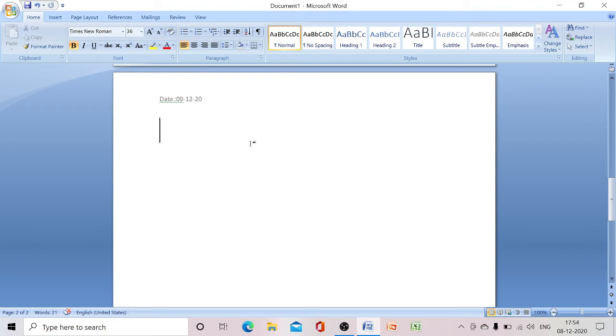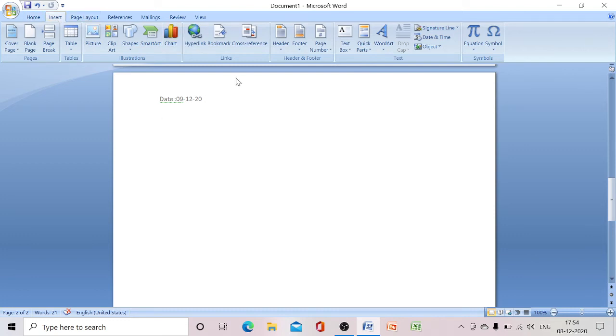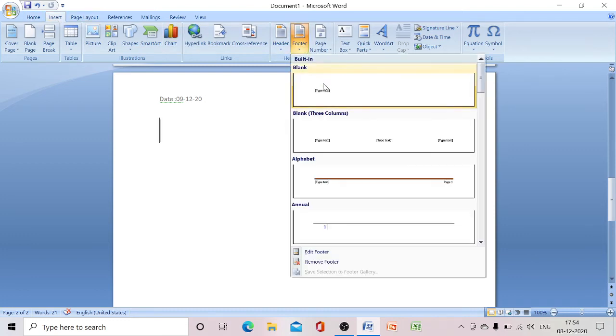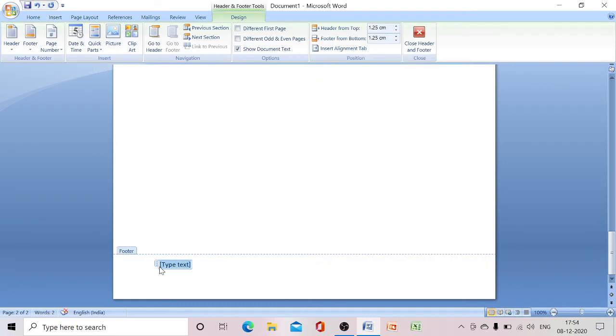Similarly, to insert footer, we have to click on the insert tab. Then we have to click on the footer option. Similar, blank footer, let us select blank footer. See, at the end of the page the footer has appeared. So let us click the space bar and make it center, and let us click the page number 1.